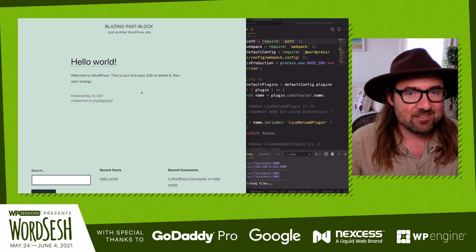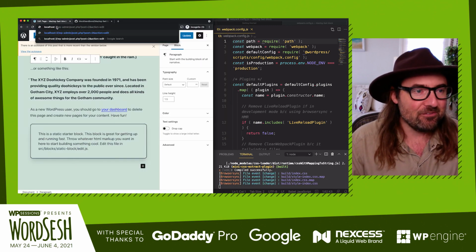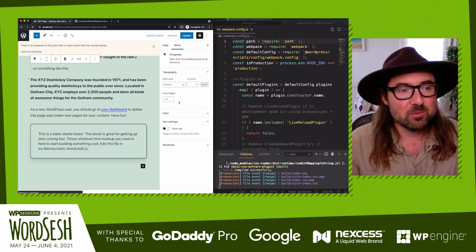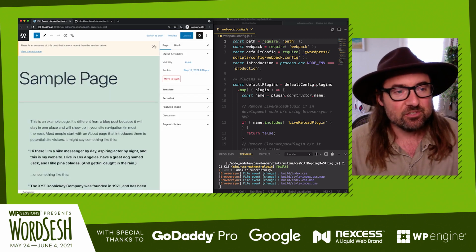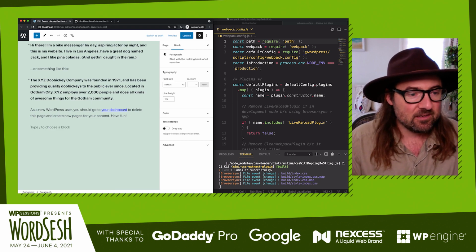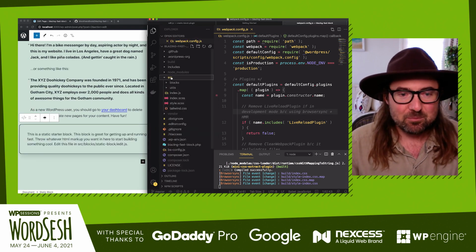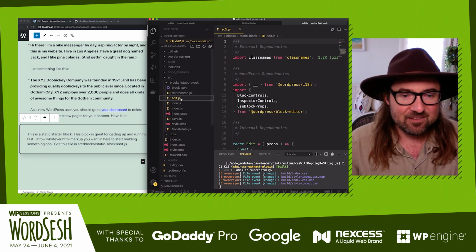Check that out. I'm going to minimize that and go right here to what happens with the hot module replacement. Because we're using Browser Sync, it's going to take us to port 3000. So you'll need to go to localhost 3000, and then I can reinsert the static block. And we'll navigate to that block by going to the source directory, blocks, and this edit function, and this is